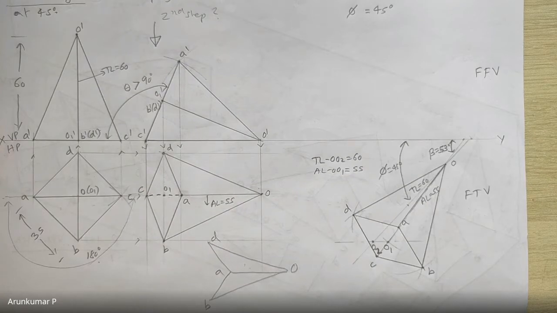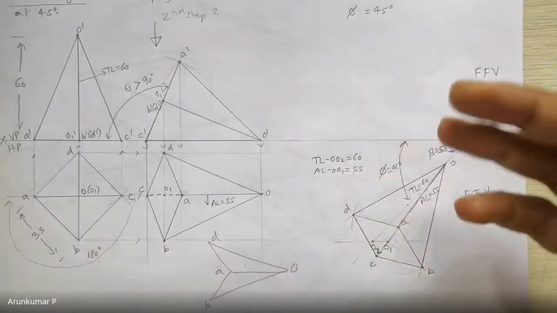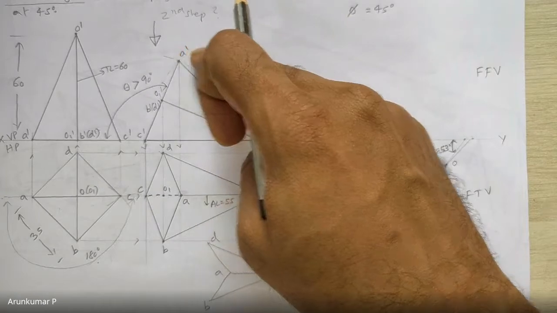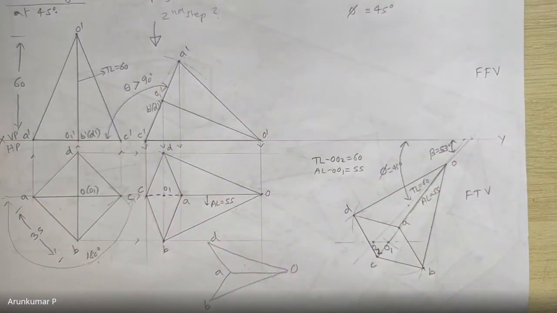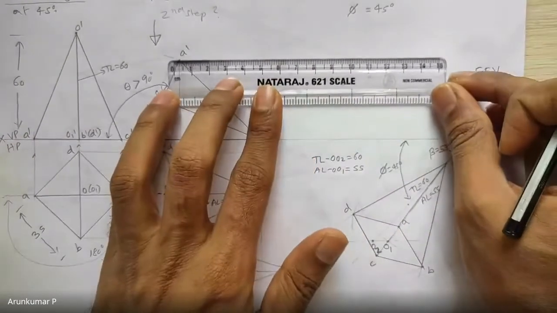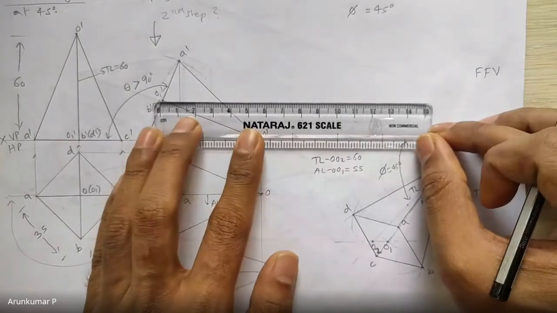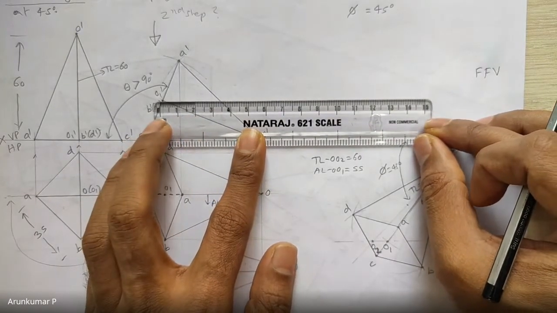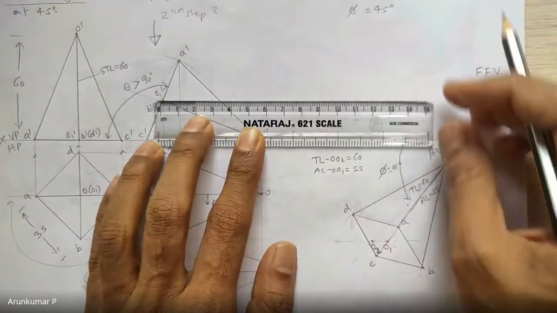So the same process, draw the fewer number of projectors first. In this case, they are horizontal projectors. There are only 3: 1, 2, and the third one is on the XY line. So draw those projectors first because they are less in length. No need to draw the one on the XY line because it is already there. So don't draw that again.